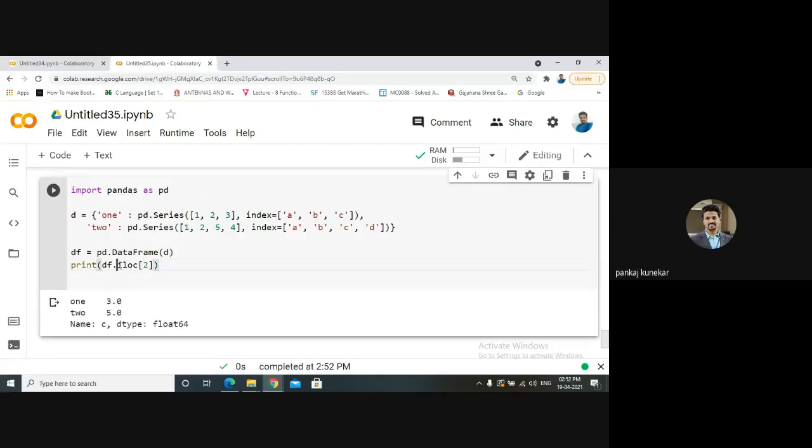So ILOC will accept integer location. LOC will accept the index or labels of your data frame, and ILOC will take the integer location of your series, 0, 1, 2, 3, like that. So we have row-wise selection.